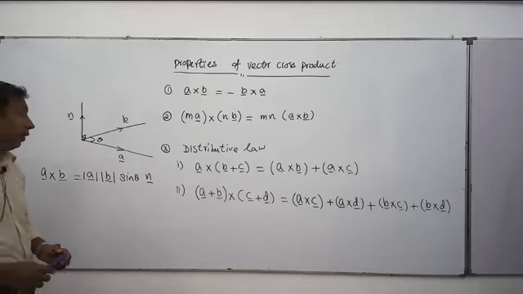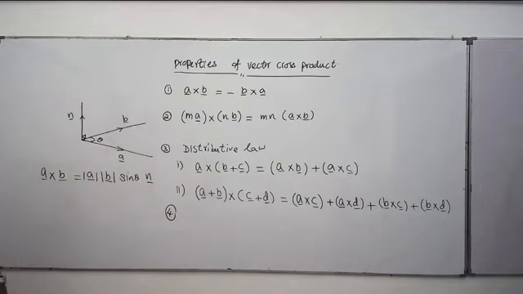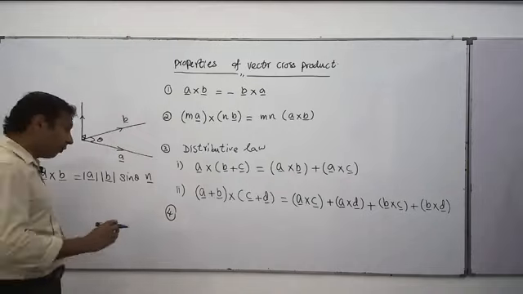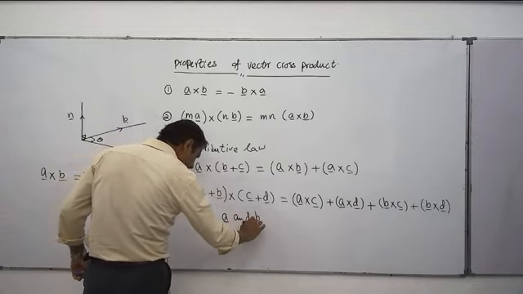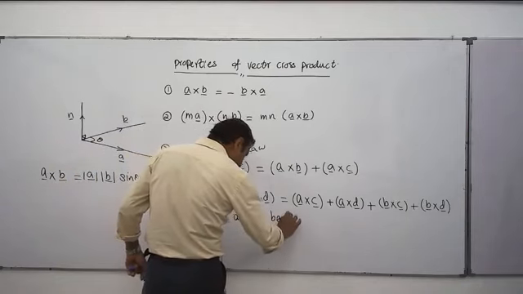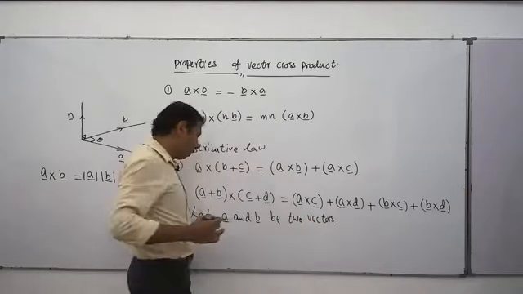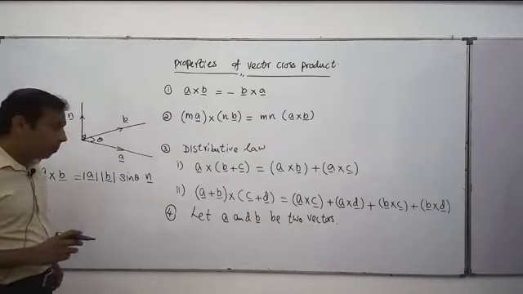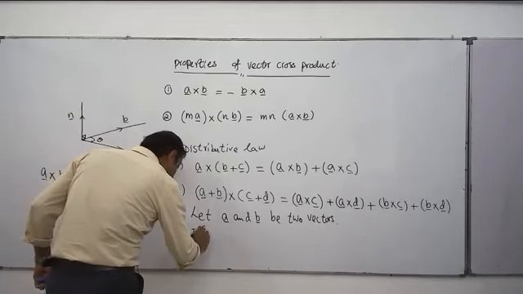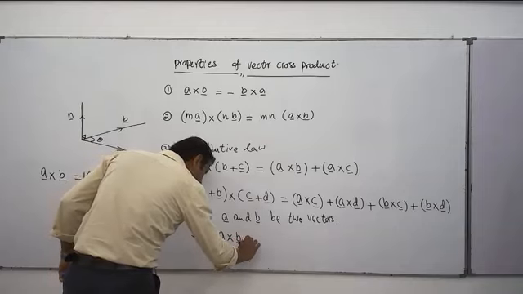Here was the fourth one. We'll take the fourth one. Right now, suppose simple A and simple B be 2 vectors. Now, if A cross B is equal to the null vector,